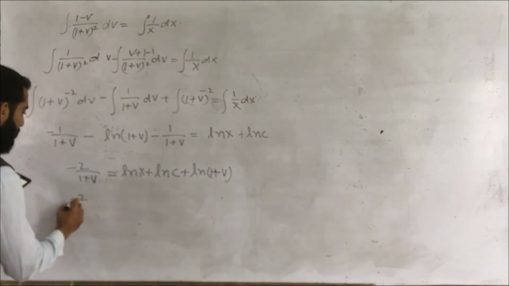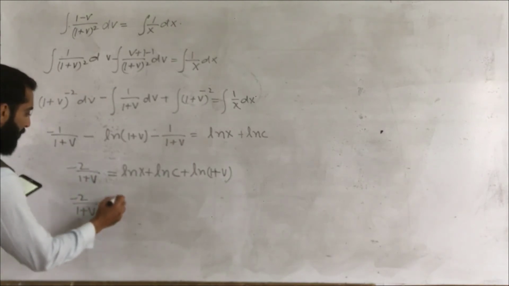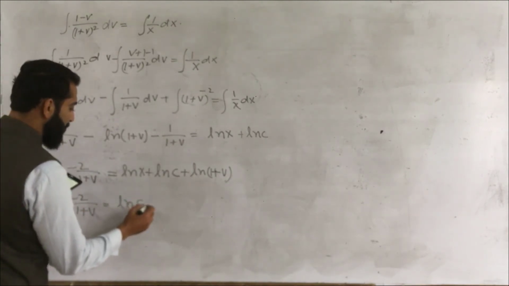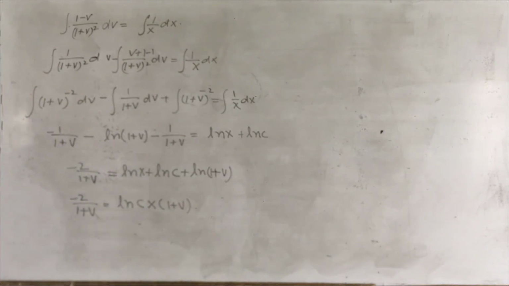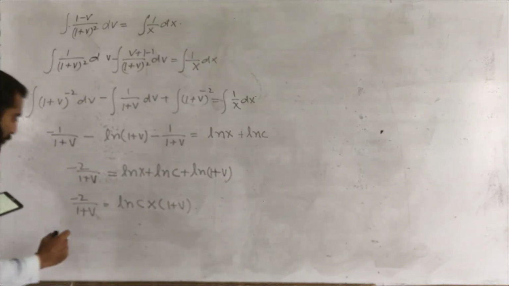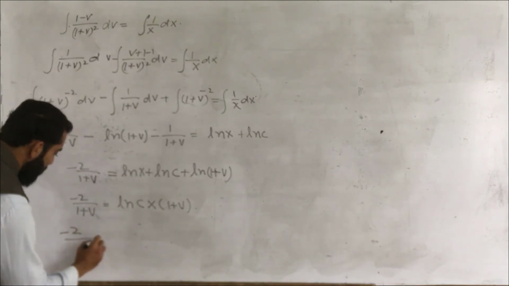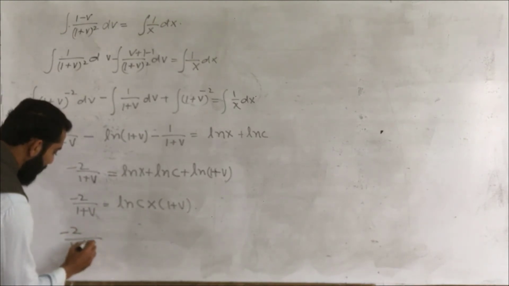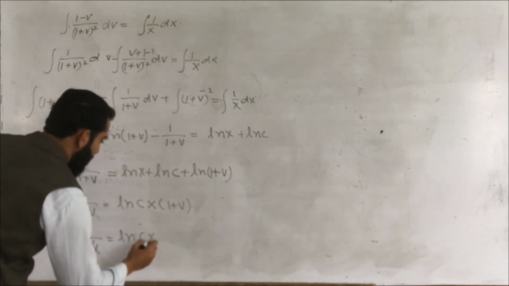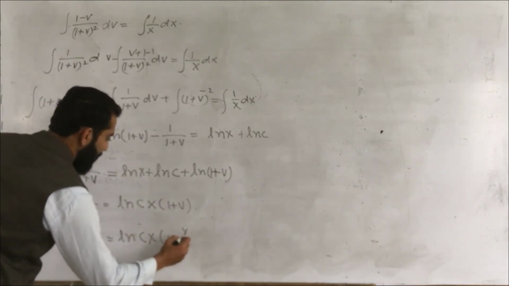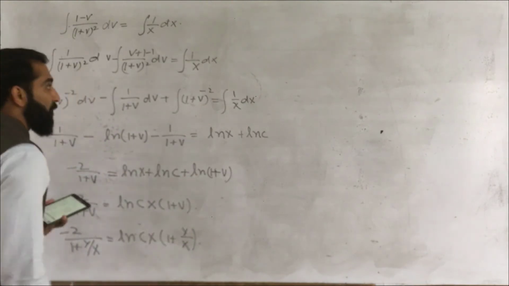By using the property of natural log, we can write natural log of c x into (1 plus v). Now giving the value of v back here, which is capital Y over capital X, minus 2 over (1 plus capital Y over capital X) is equal to natural log of c x into (1 plus capital Y over capital X). Solving this,